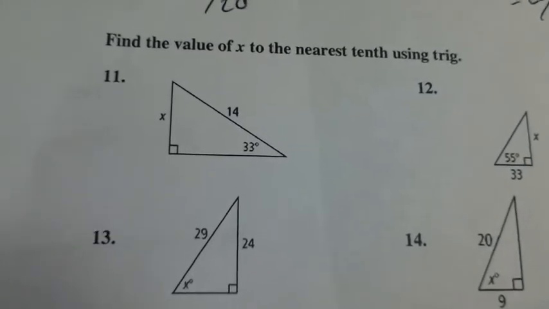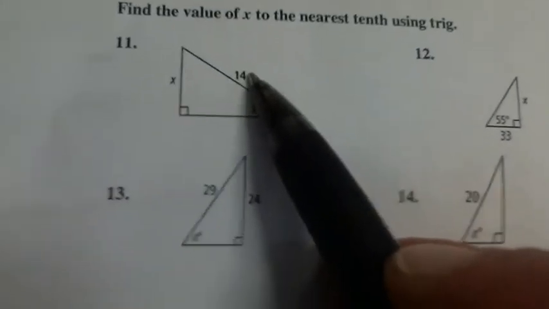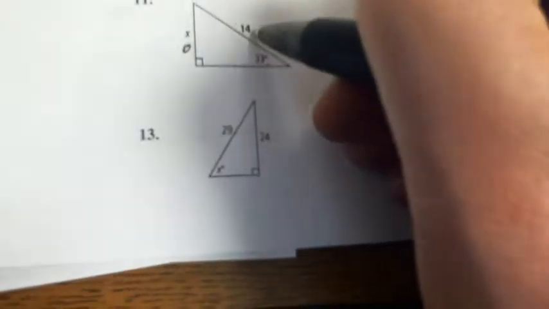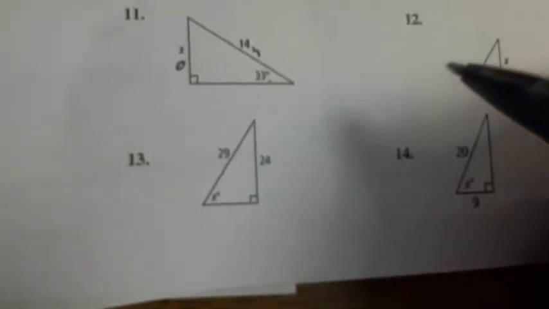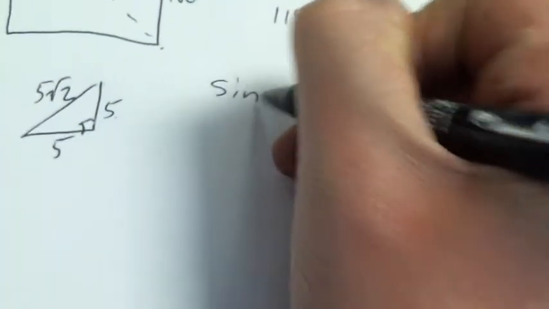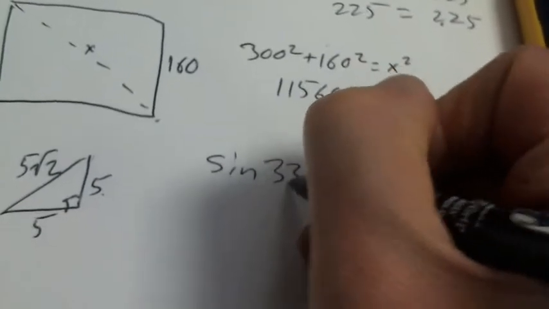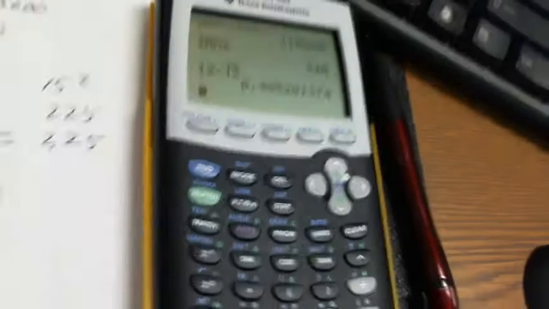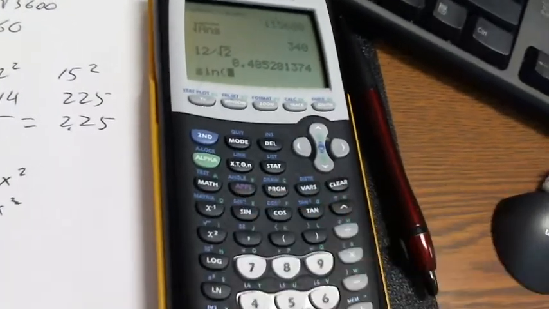Find x to the nearest tenth using trig. There's x, there's 14. From this angle, this is the opposite, and this is the hypotenuse. Opposite and hypotenuse make sine. So we say that the sine of 33 degrees equals x over 14. The sine of 33,